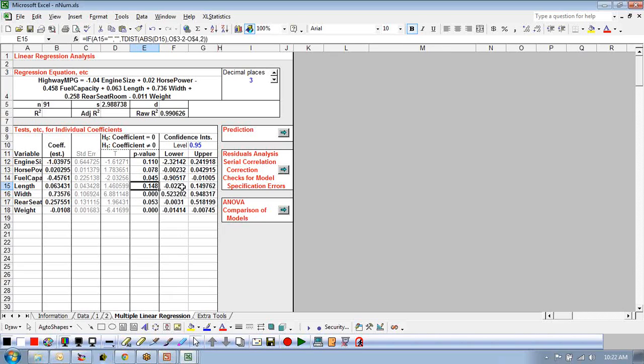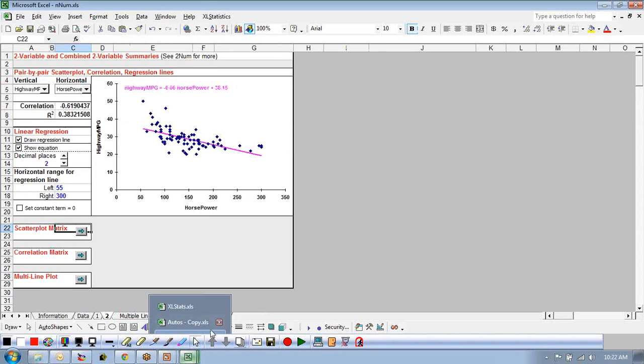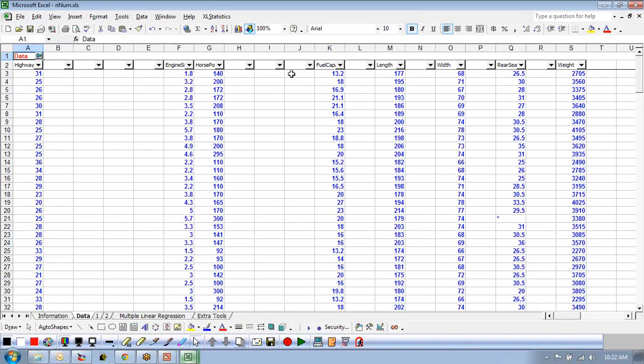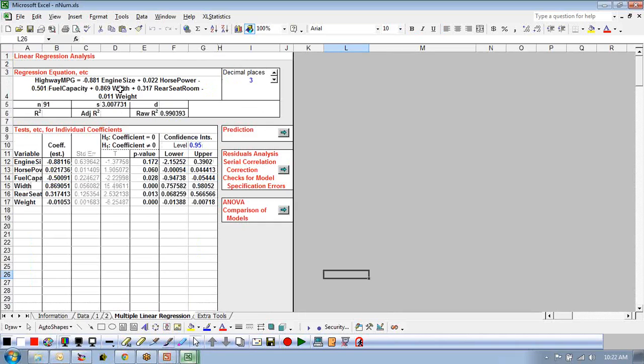Okay, so in this case, I'm going to take out length. So I'm not sure why I got that. There we go. I'm going to take out length from my model. If I take out length, then I get a slightly different model that does not include length. See that? And now if I take out engine size,